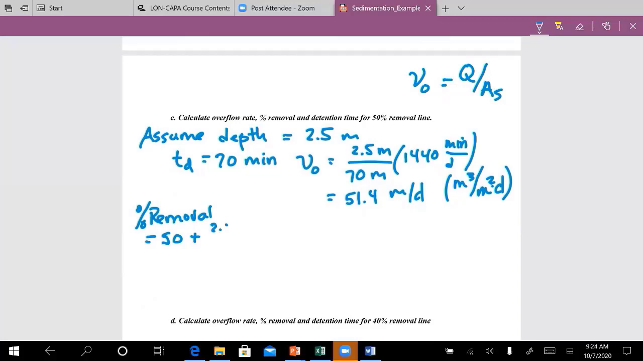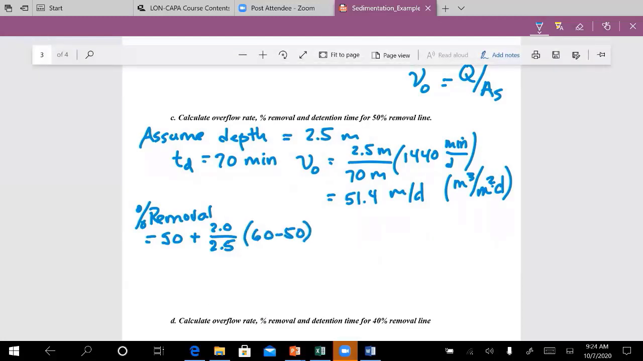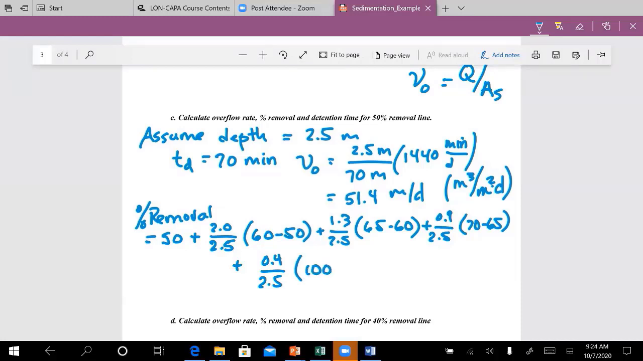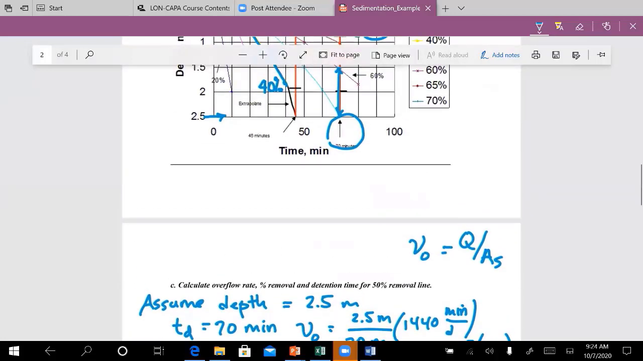So it's plus 2.0 is the depth. We will always divide by the assumed height times 60 minus 50 plus 1.3 over 2.5 times 65 minus 60 plus 0.9 over 2.5 times 70 minus 65. I'll go back to the diagram in a second. Plus 0.4 over 2.5 times 100 minus 70. And that equals 67%. So what we calculated here,